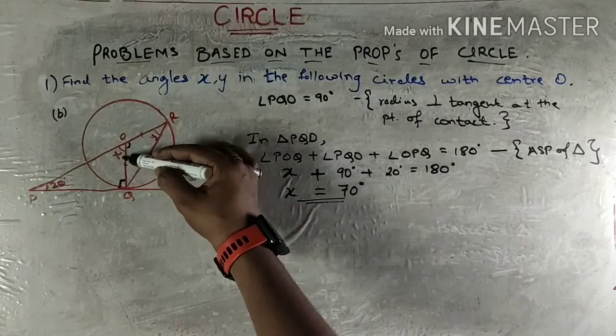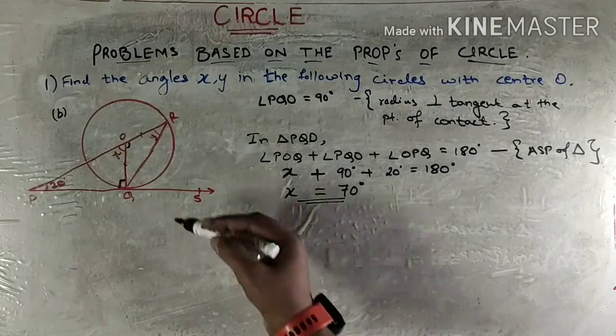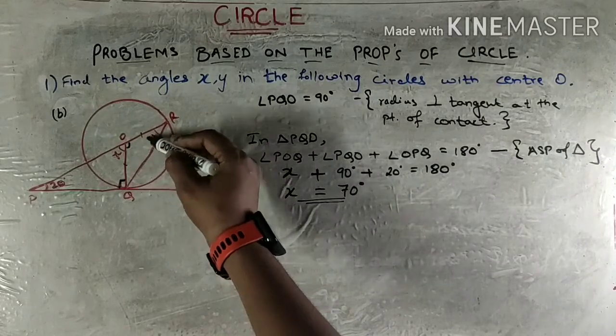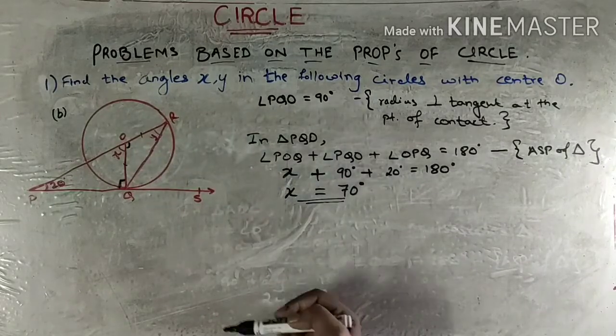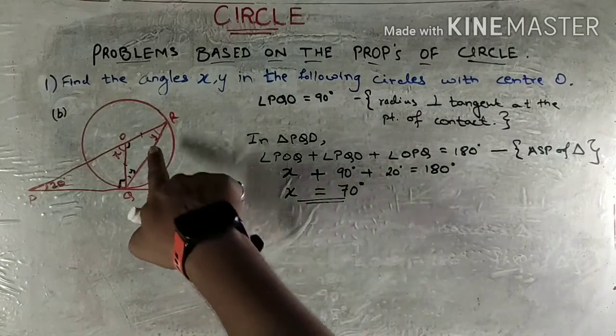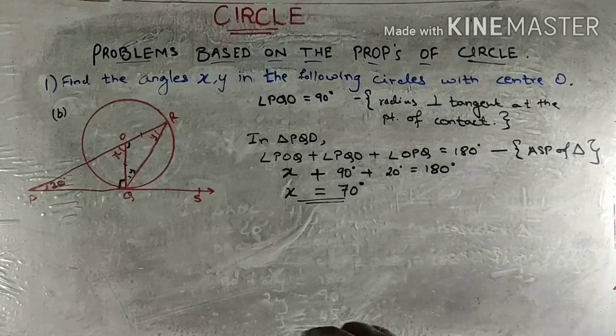This one side is equal to the other side because they both are the radius of the same circle. So this forms an isosceles triangle. That means the opposite angles will also be equal. So this will also be Y. So with that we will be able to find Y, and this we have found in the previous step. So let's move ahead.